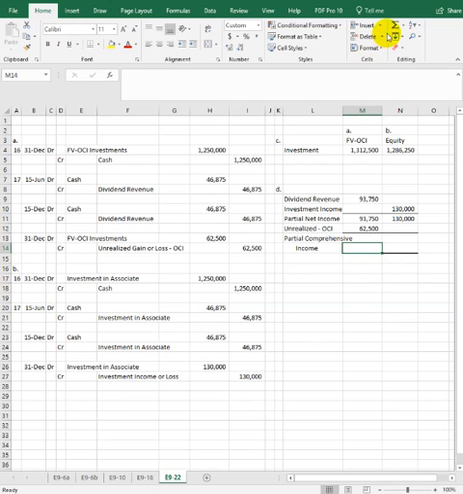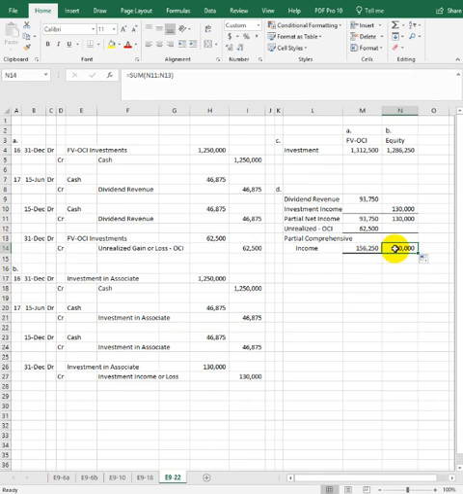So this is just going to be the sum of those two numbers. Didn't quite make it all the way to the top, so let's go all the way up to the top. And then we can just grab that and copy it over here. So our comprehensive income is increased by 156,250 as a result of this investment under the fair value through other comprehensive income, and it's only 130,000 under the equity method, and